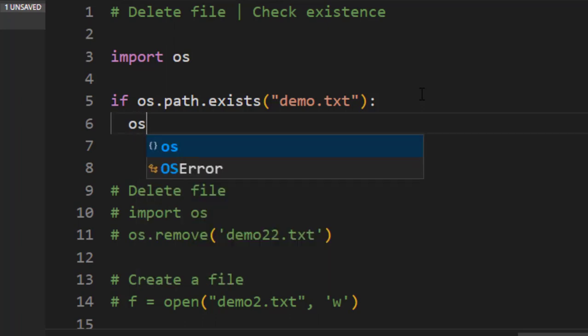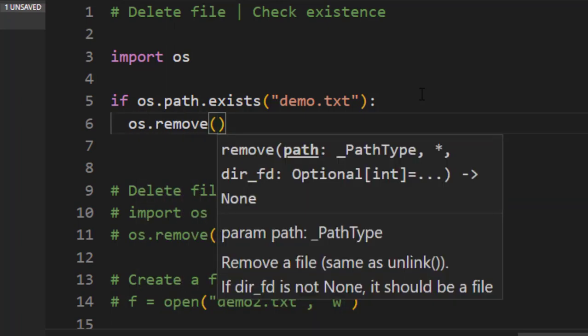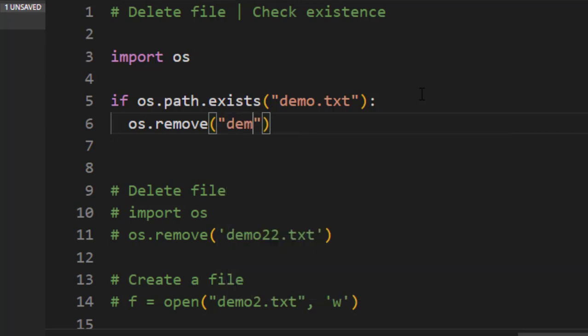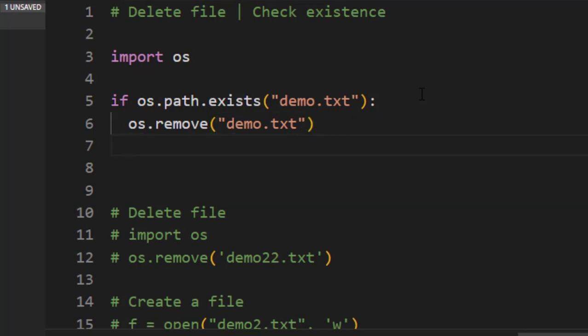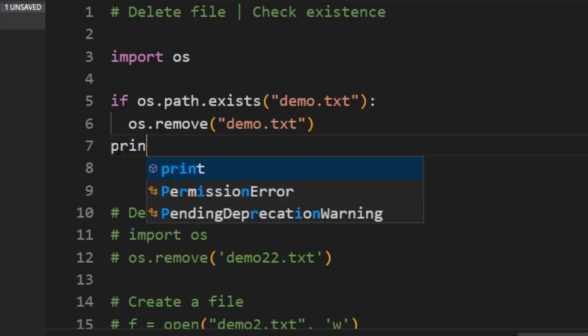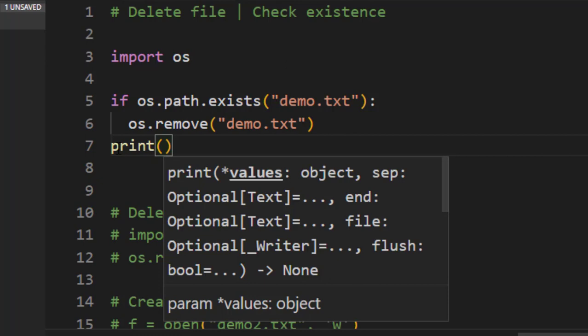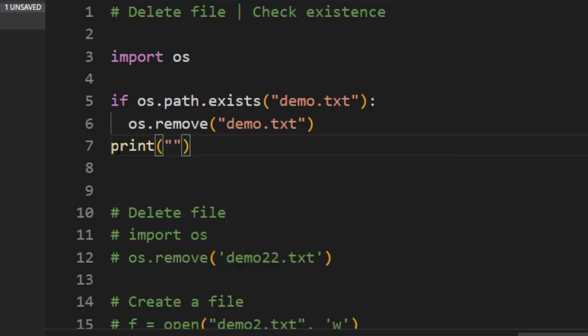So I'm going to say os.remove, which is going to be the same thing, and I just want to remove the file, which is going to be demo.txt. Okay, so I want to say it like that. If there is no file existing, before we got an error for demo22, which didn't actually exist. If we get an error, we want to be able to print something practical or something that makes sense. So I want to say print, and then we want to specify, and also by the way